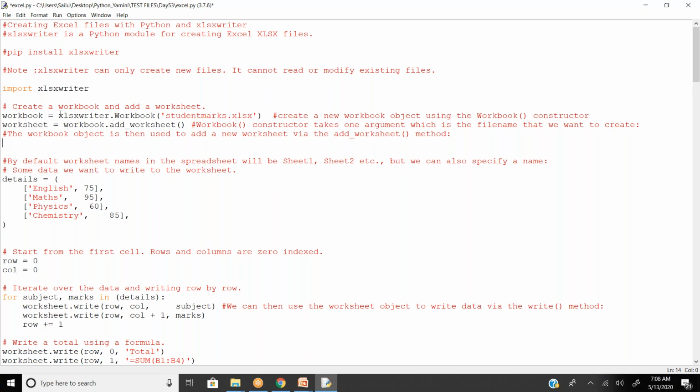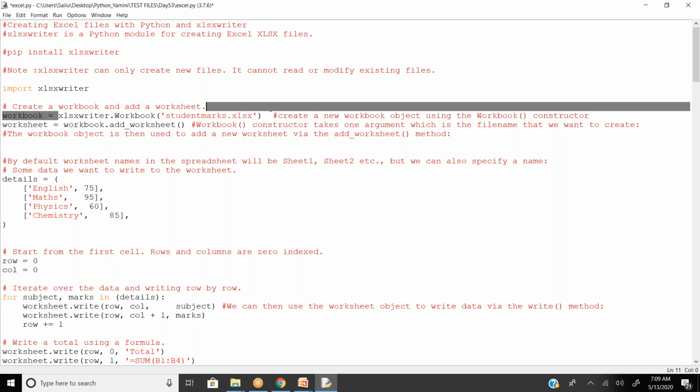Once you decide you want to create a new workbook, a new XLS or XLSX file, going forward, instead of giving it the entire syntax, I'm storing this link in a new variable called workbook. So going forward, if I use workbook, it assumes that. You can see I'm using a small letter, not a capital letter, not a function. So it is my new variable. When I use workbook, it's nothing but the entire syntax I have here.